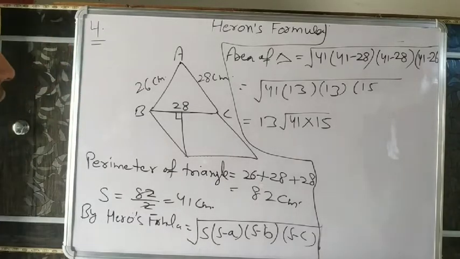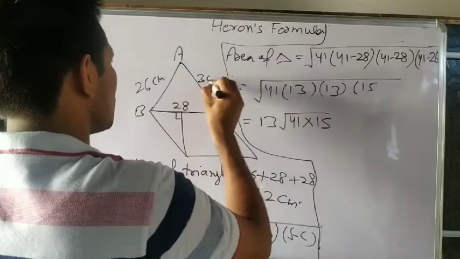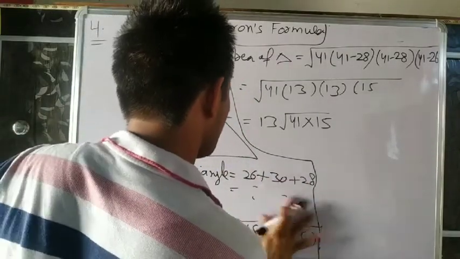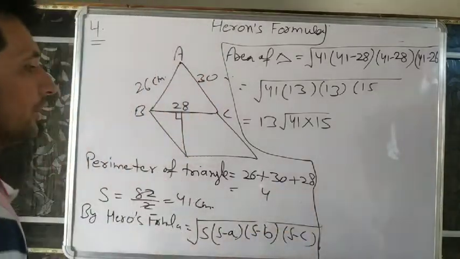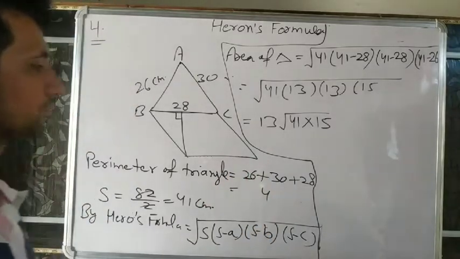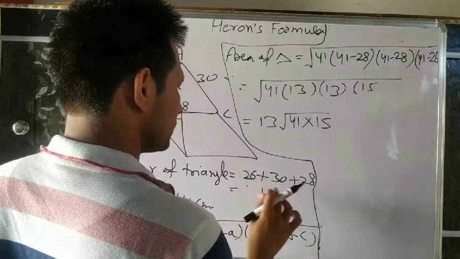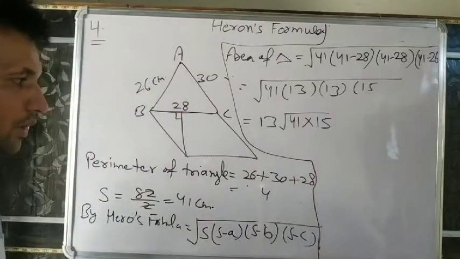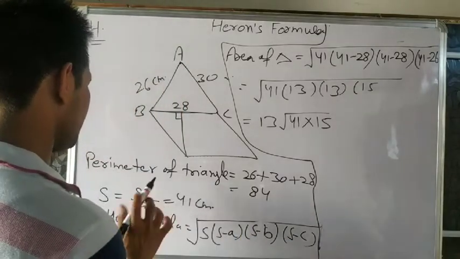Yes, sorry, 1 minute. In our question, the sides are given 26, 28 and 30. 30, sorry, it is 30. So now we will add 30. Everything is changed now. 8 plus 6, 14. 3 plus 2, 7. 7 plus 2, 9. 9 plus 1, 10. Understand? So this one, 8 plus 6, 14. 3 plus 2, 5. 5 plus 2, 7. 7 plus 8, 84. It becomes 84.